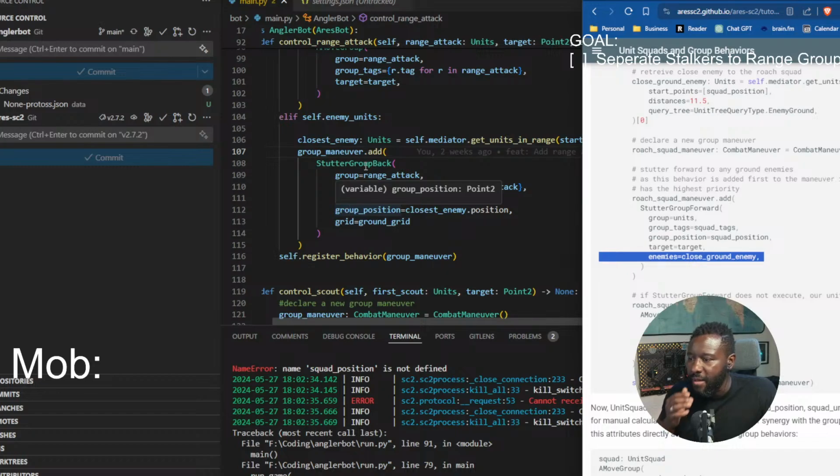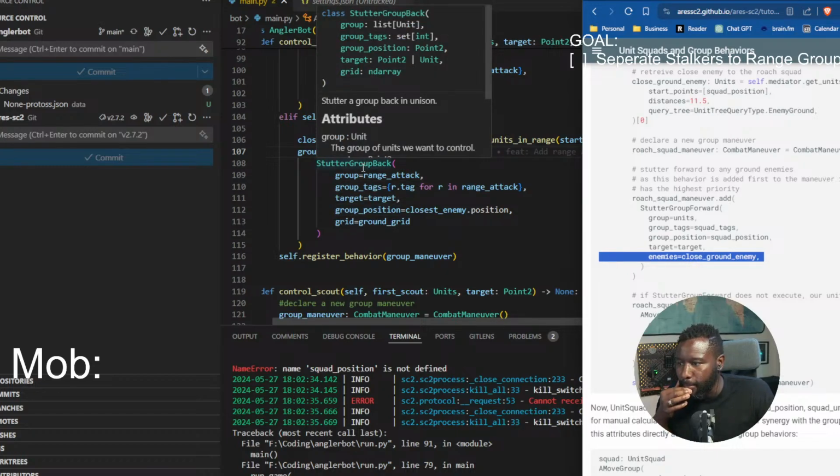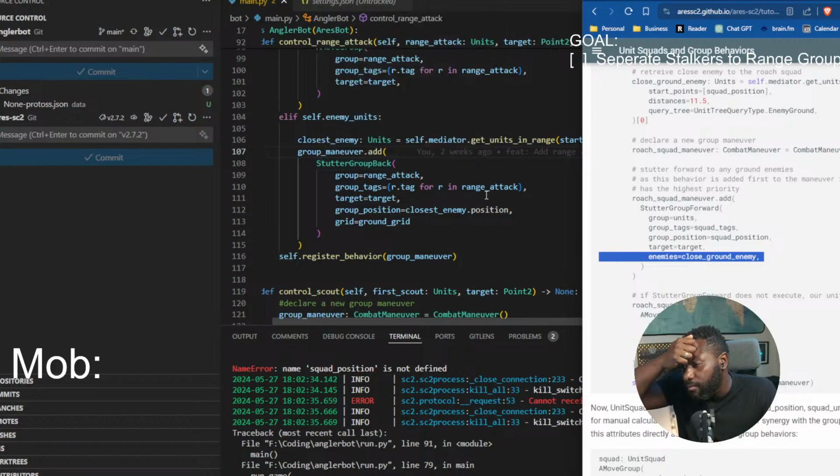Oh, but stutter unit back. Okay, so stutter unit is different, because stutter unit back uses group tags, group position, target, and grid. And then I have to pass in